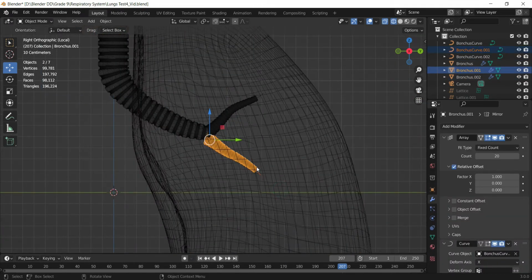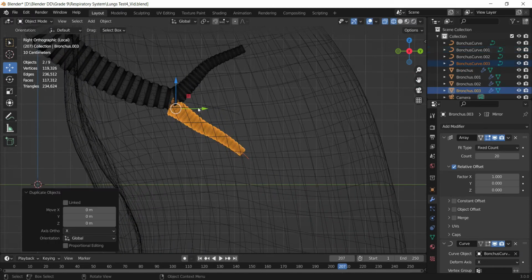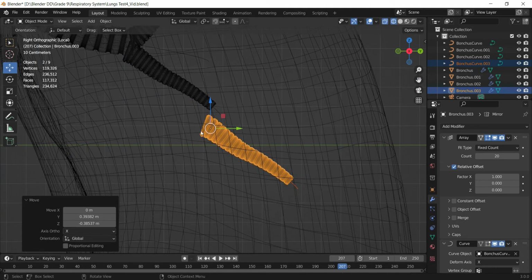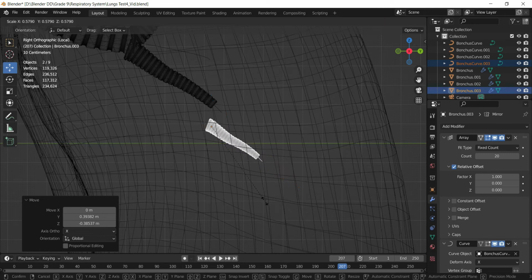All right, again I'm going to select one pair of the curve and mesh, Shift D to duplicate, bring it out like this. And you need to be careful that the face count is getting increased. At the end we are also going to see how to tackle that, but it depends. If we try to keep the face count lower from the beginning itself, because it really depends on your machine, your computer. If the configuration is not decent enough, then you might face a lot of lag. So to avoid it, we are working like this, and we are going to scale it down.